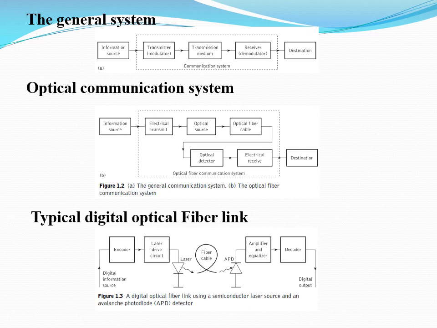If I consider the general system, we have an information source which is producing, or which has, some information. That is the source of information, and this information has to be transferred to a particular point, which is the destination in the diagram. So there is a communication system which constitutes a transmitter, a receiver, and a transmission medium. We have different types of transmission mediums, and in the general communication system we normally use a copper wire or a coaxial cable as the transmission medium.